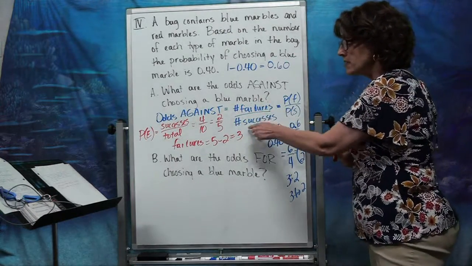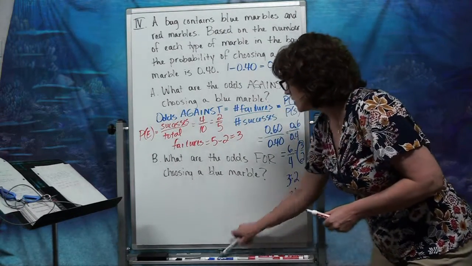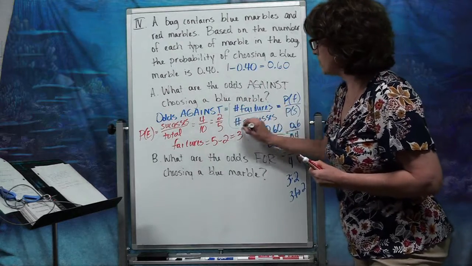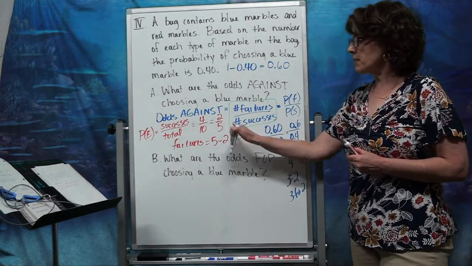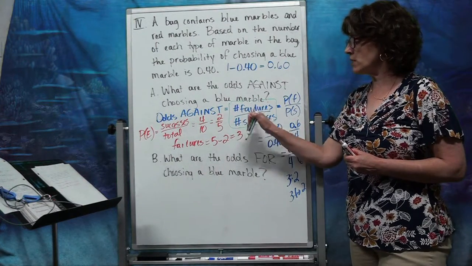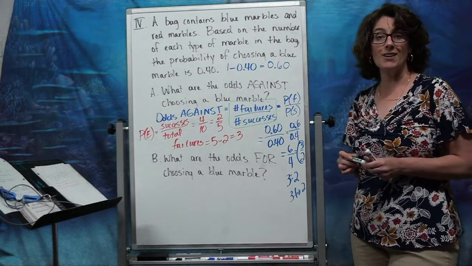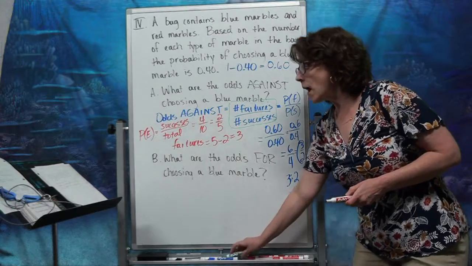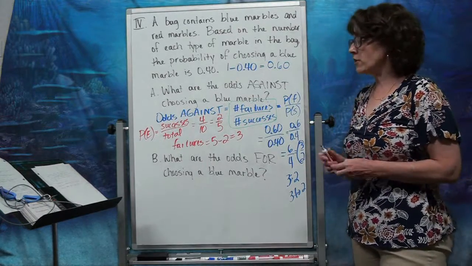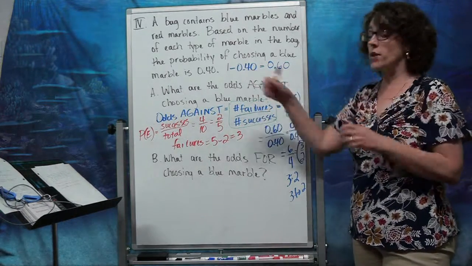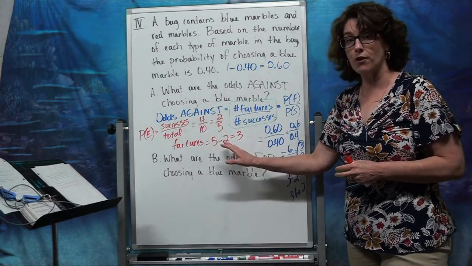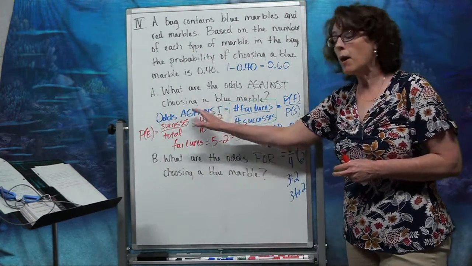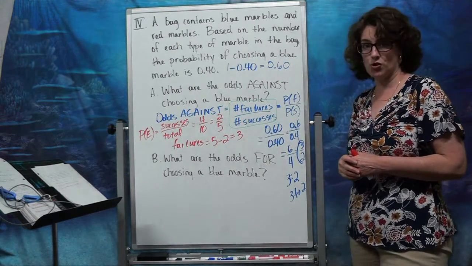So going by this definition for odds, number of failures over number of successes, I found that my failures is 3 and my successes is 2. So it would be 3 to 2, which is exactly what I had right here. Either of those options is perfectly fine for figuring out your odds against. If you know the probability, you can convert it using that formula and simplify your fraction so that you know how many is in your success and how many is in your total.